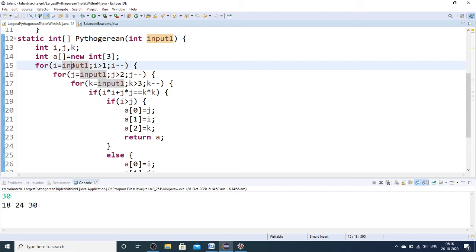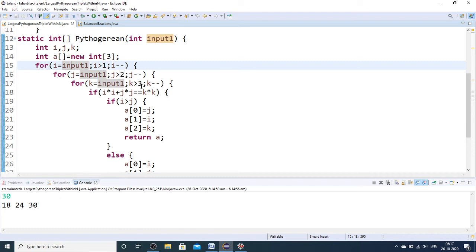That's why I started verifying in reverse itself. So i equal to input minus 1, i greater than 1, i minus minus. Obviously the second value is going to be 1 less than i, that's why I am running it up to j greater than 2. Likewise, the k loop I am running up to k greater than 3.